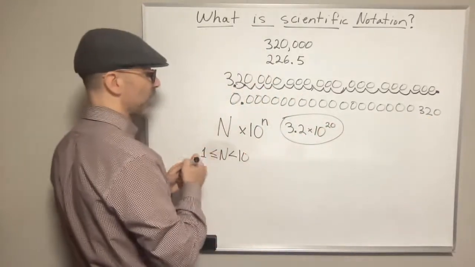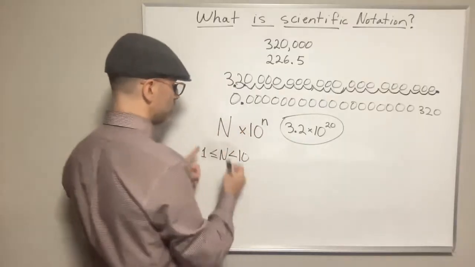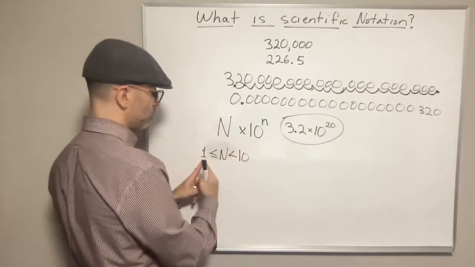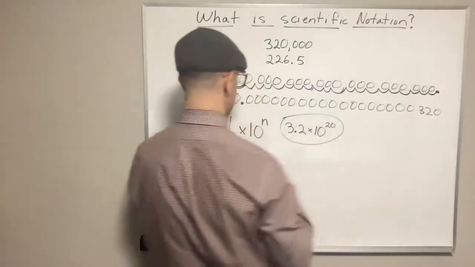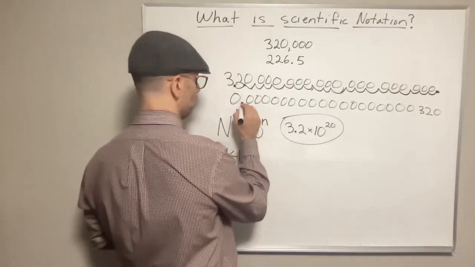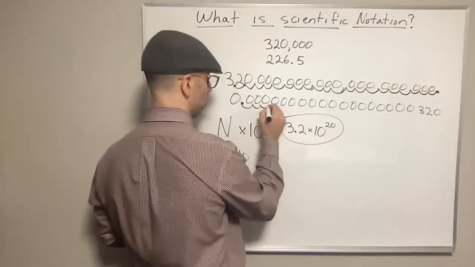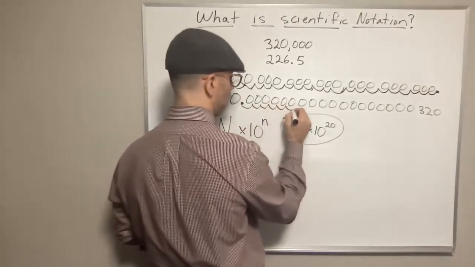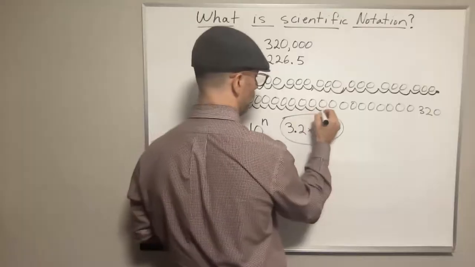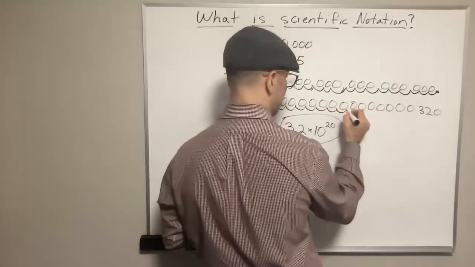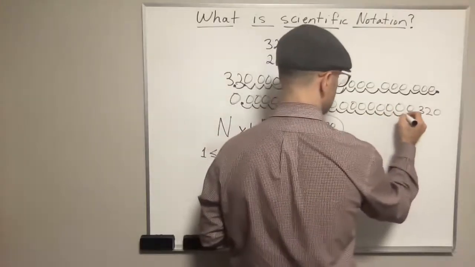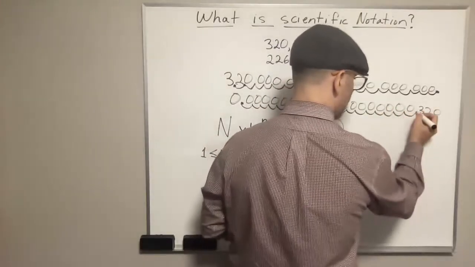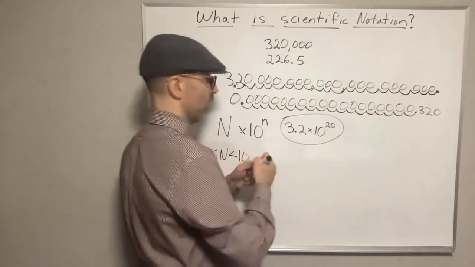We could do the same thing. I'm going to move the decimal point over until I have a number between 1 and 10. Right now it's a really small number, so I'm going to move the decimal point over. So it's going to be 1, 2, 3, 4, 5, 6, 7, 8, 9, 10, 11, 12, 13, 14, 15, 16, 17, 18. If I stop here, notice it's